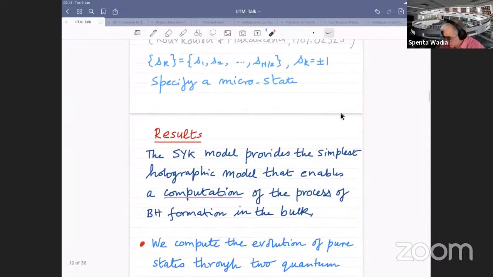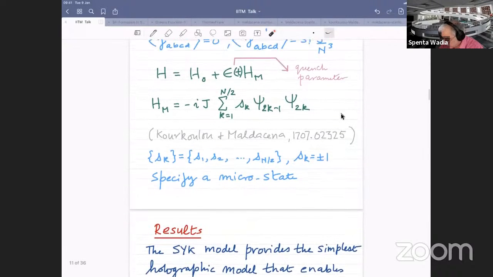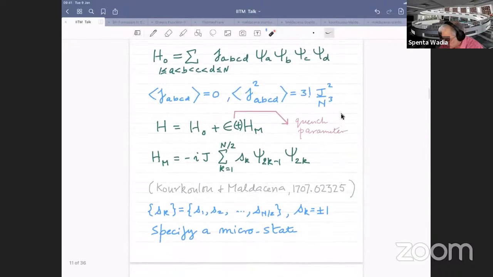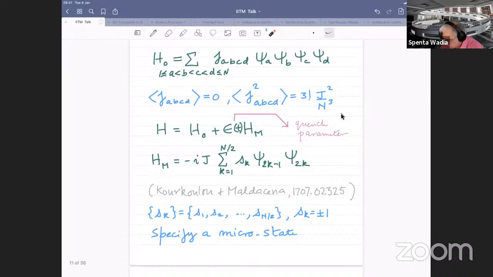So let me, maybe I'll discuss it later. Let me just say, these objects over here, the spins, presently take plus or minus values, like in an Ising model. And this specifies a microstate. I'll explain this later to you. Okay, now